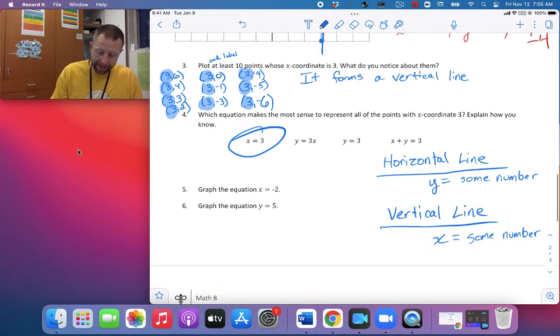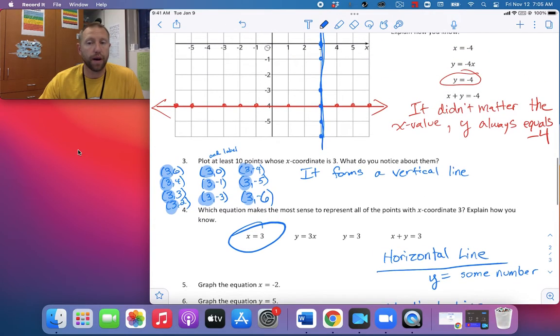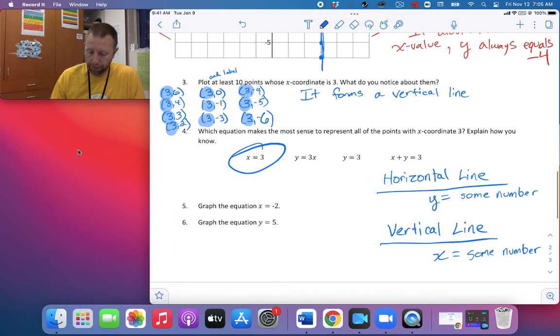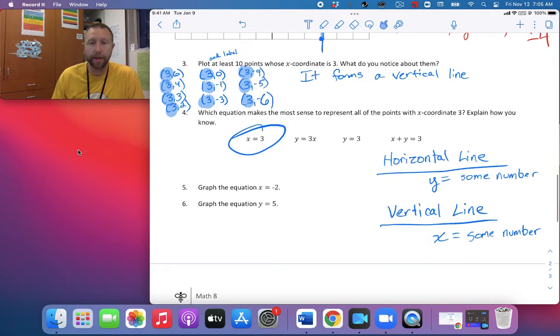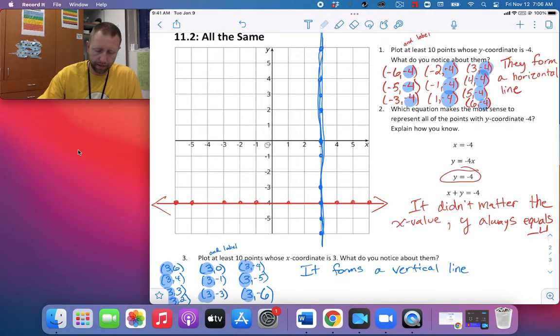Okay. Having said that, now let's move on to question number 5. It says graph the equation x equals -2. So because it's x equals some number, that's this one right here, the vertical line, x equals some number. I'm going to graph that vertical line at x equals -2. And I'll do this in a different color so it doesn't blend in with all of our other ones. So x equals -2